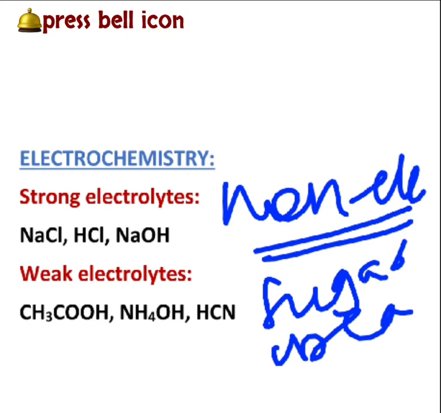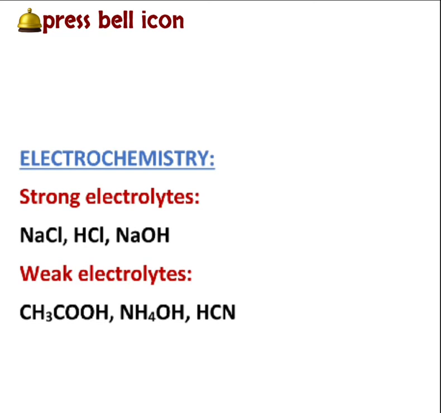Now, this extent of dissociation is specified by a parameter denoted as alpha. That means to find out to what extent an electrolyte is showing its dissociation, the fraction of the total number of molecules of the electrolyte which ionize in the solution can be represented by the parameter alpha, termed the degree of ionization or degree of dissociation. Now let us see certain factors which affect the electrical conductivity of electrolytic solutions.